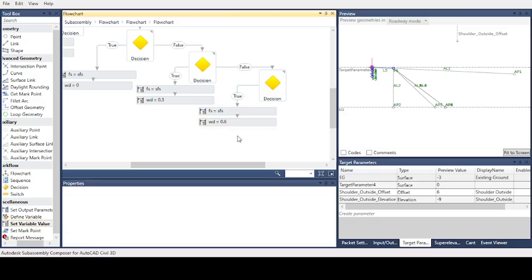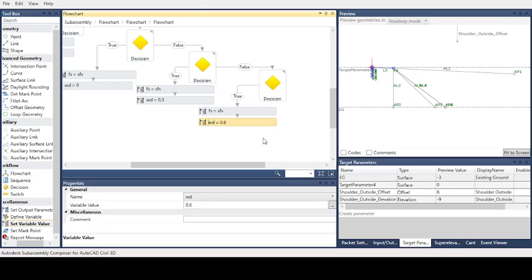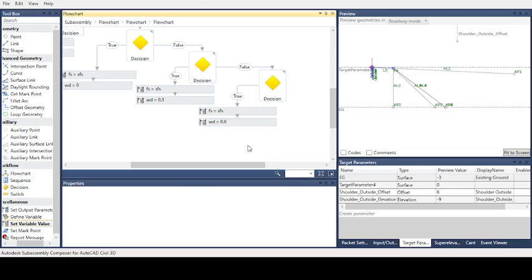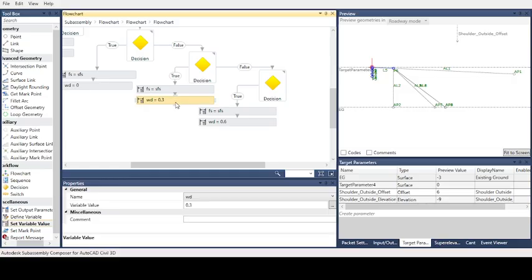That means if the shoulder width is normal, 1.5 plus 0.6, it will be 2.1 meter. For the previous case, the total shoulder width will be 1.5 plus 0.3, which is 1.8 meter.